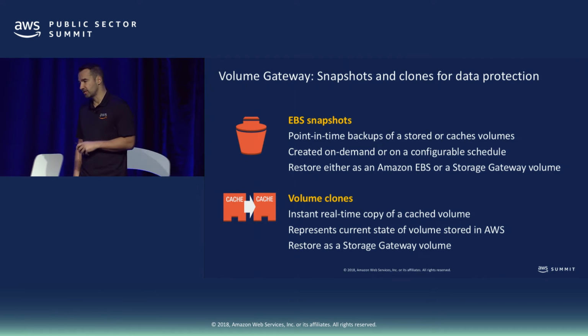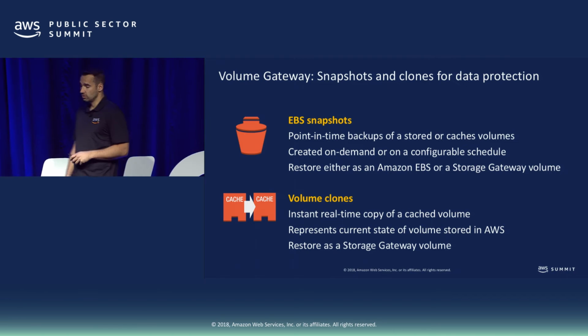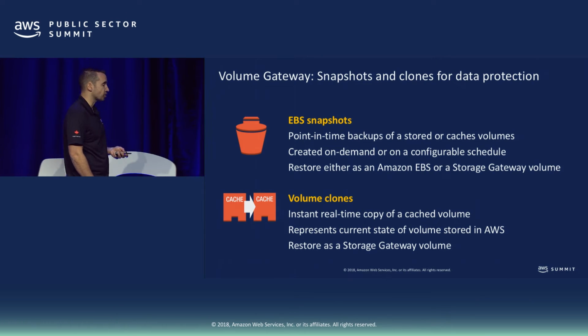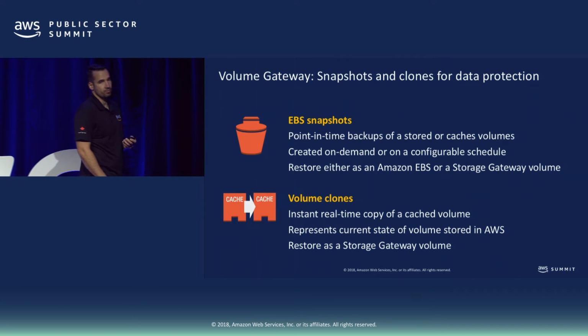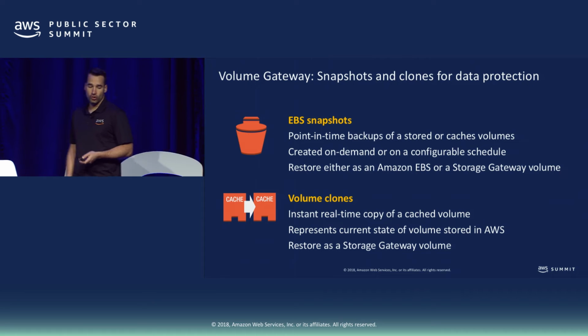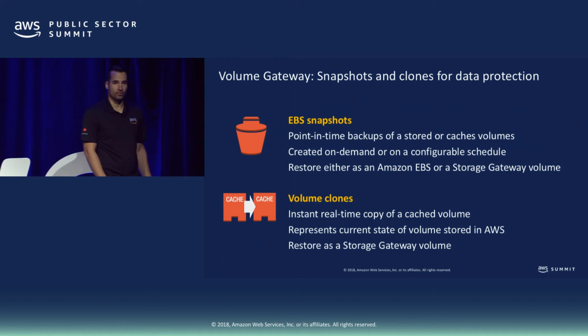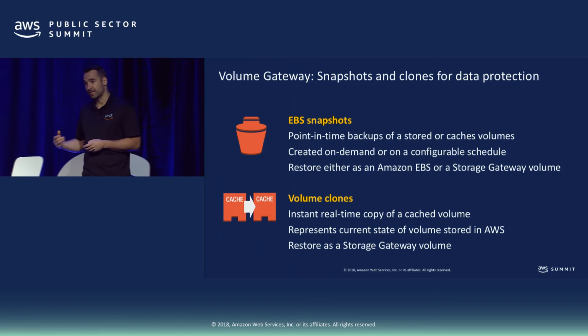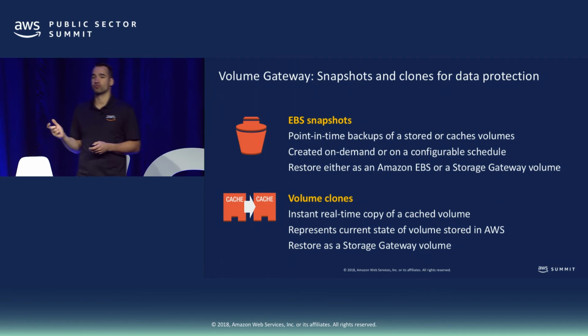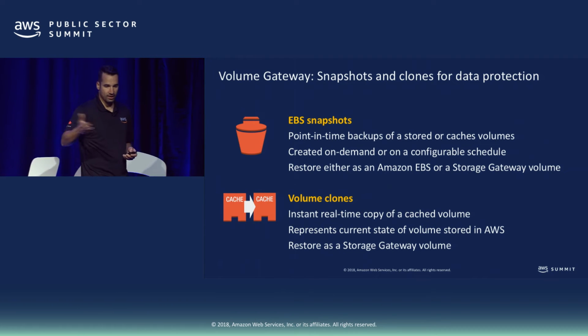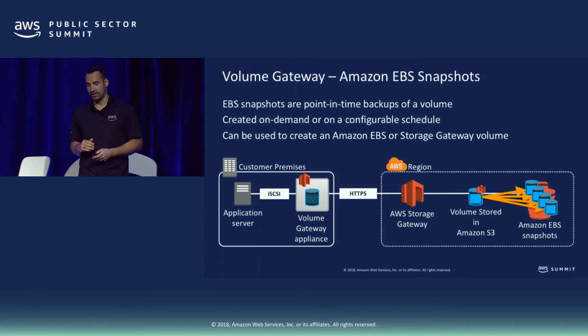So let's talk about the DR use case. There's two different ways you can do that. One is by leveraging EBS snapshots, which, as the name implies, is a point-in-time replica of your data, or through doing volume clones. Volume clones are real-time: whatever state of your S3 bucket at that time is, we're creating the exact replica of it. And then you're able to use it for testing, DR purposes, and a number of different